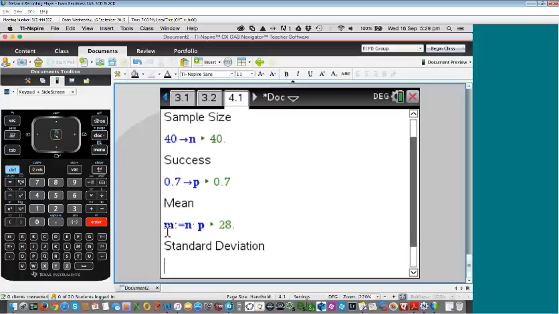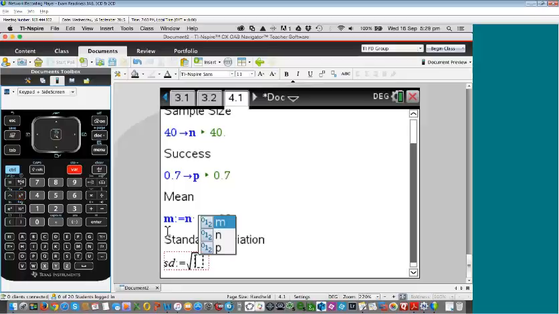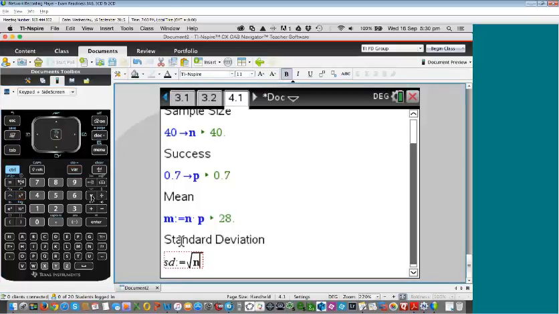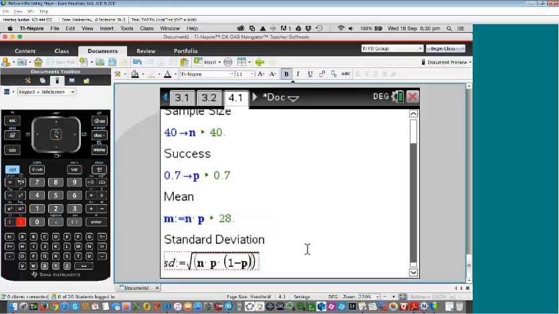Okay, and if I do, I think my maths box has moved down one line. If I just bring that back up again by deleting the blank line we just had. Okay, so now we want standard deviation, so let's call that maybe SD for standard deviation. I want to store that. Now the standard deviation is the square root of N times the probability of success P times, and we want the probability of failure for this particular rule, so 1 take P. And if I press enter,